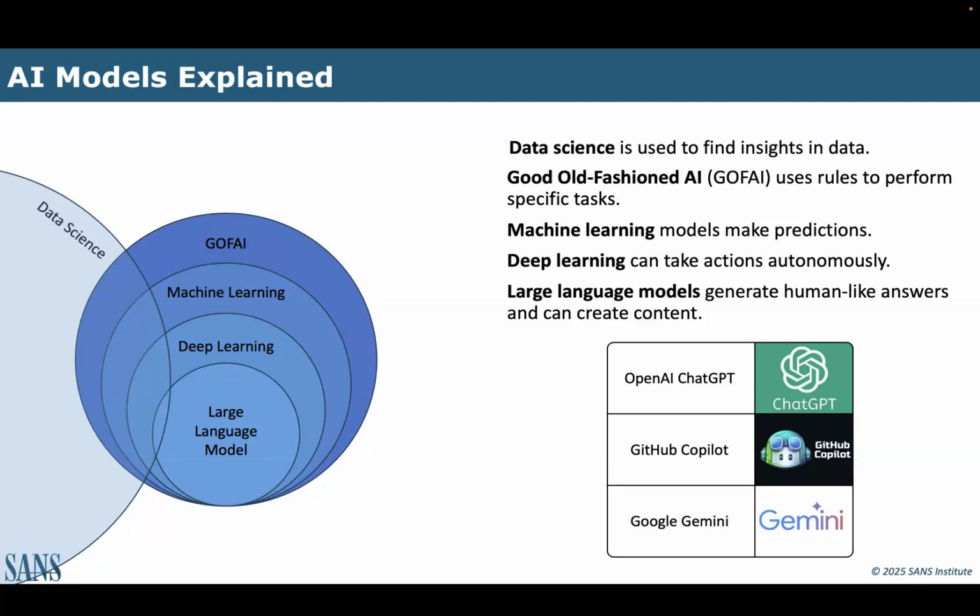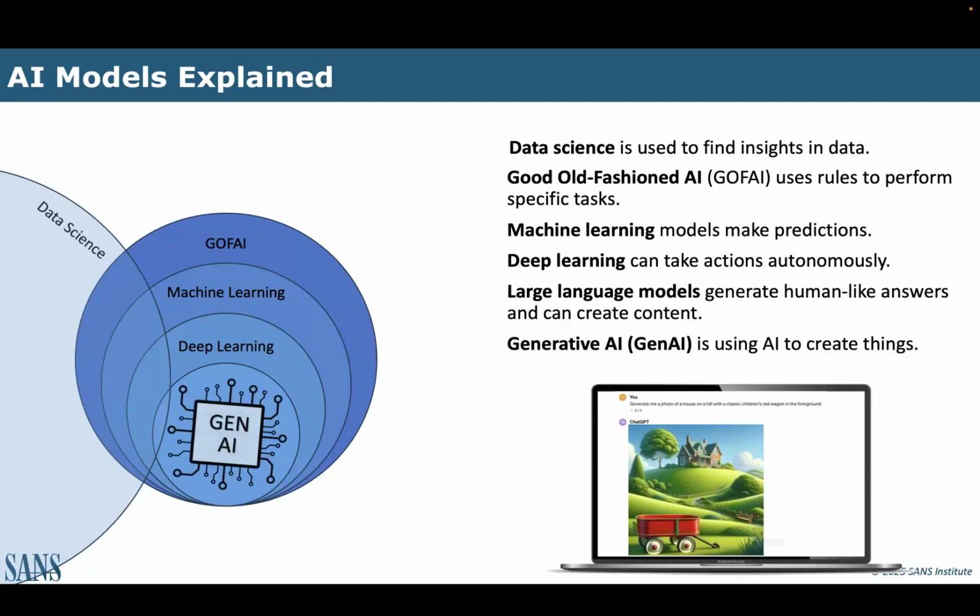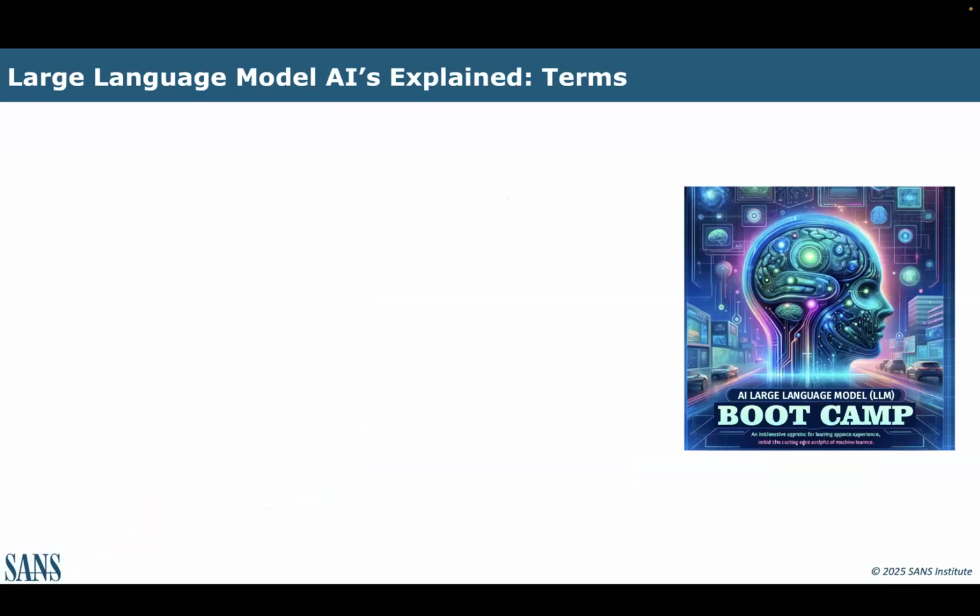So that's where LLMs came in, and that really changed how we interact with these models. And next we talk about generative AI, which simply is using them to create stuff. Typically create stuff that has been very difficult to create with computers at scale the way we can now. That's Gen AI. I'm going to move now into a little bit of how it works and what it is.